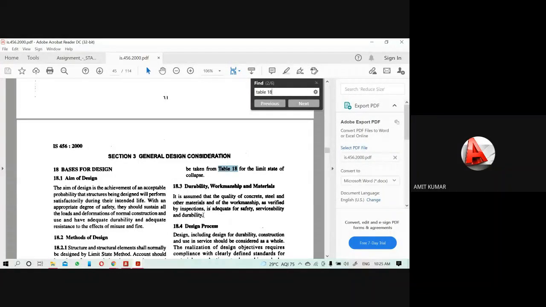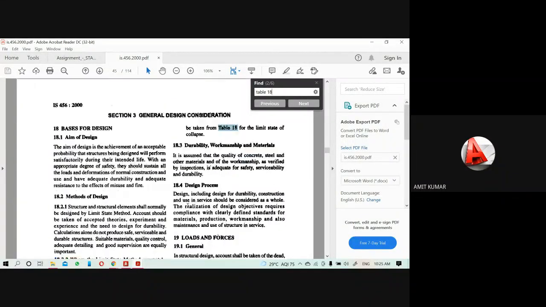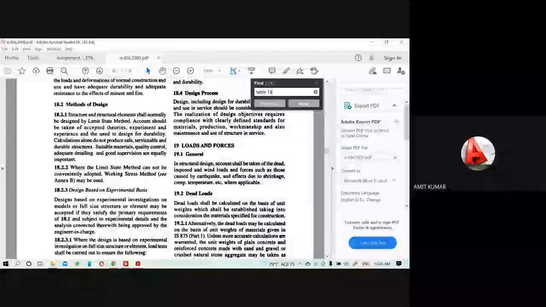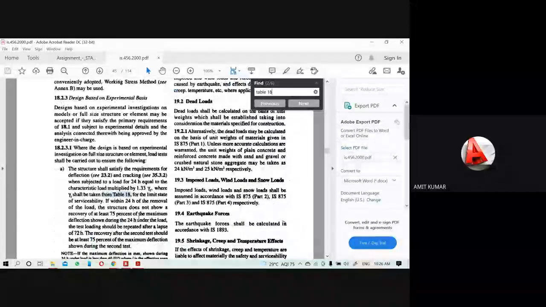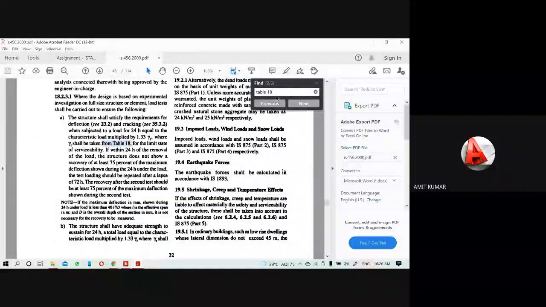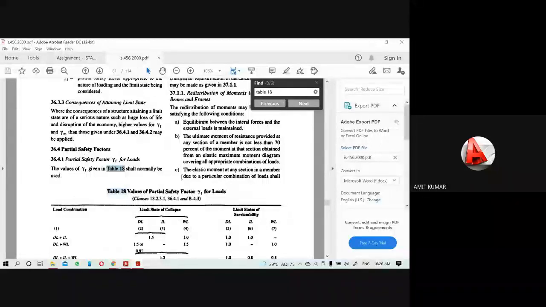It is written here, adequate for the safety, serviceability, and durability. So first is your limit state of collapse, that is for the strength check, and the second one is limit state of serviceability, that is the durability of the structure.